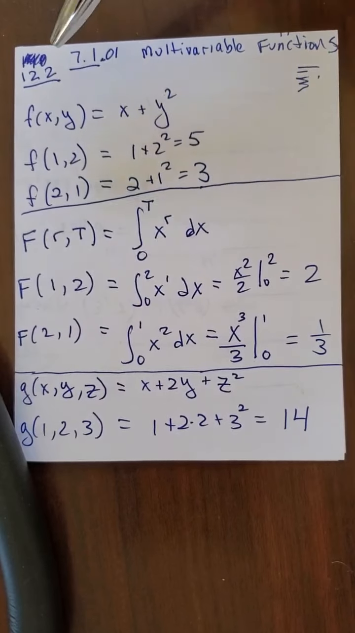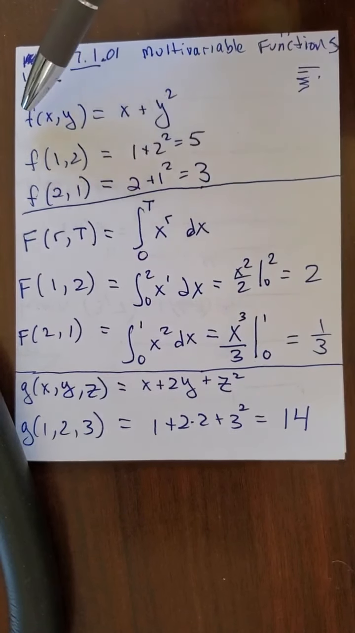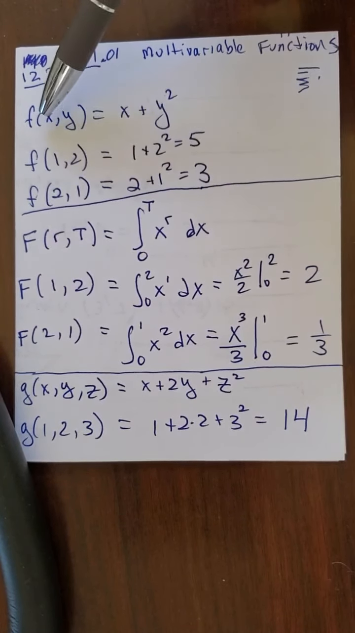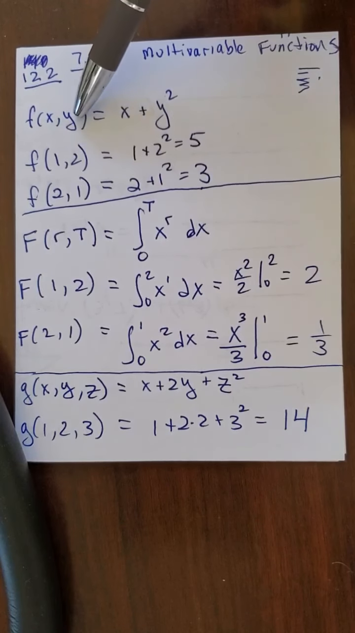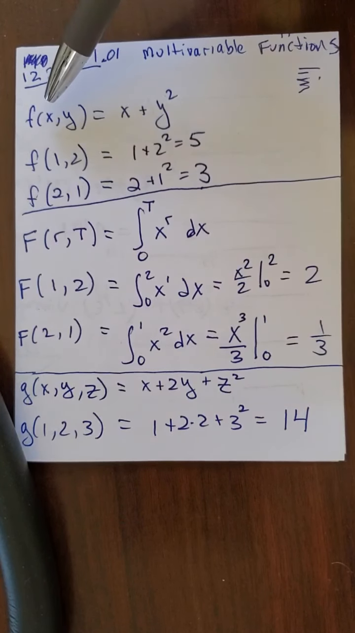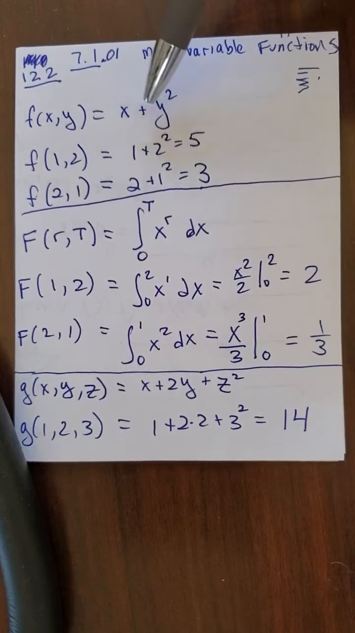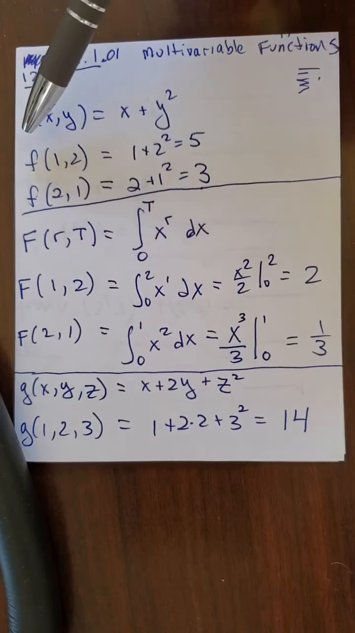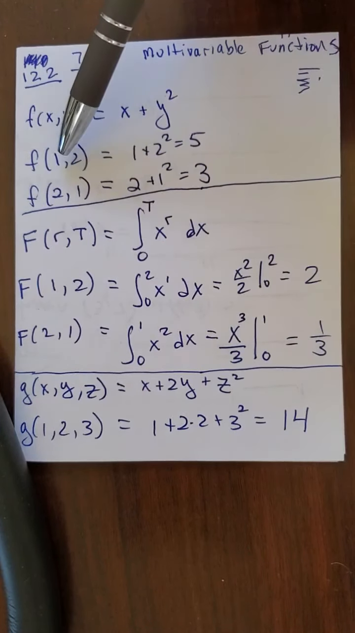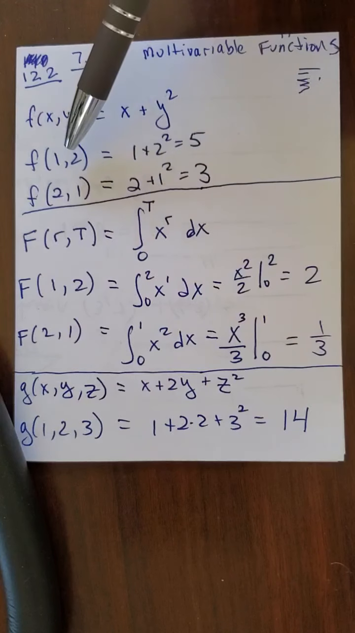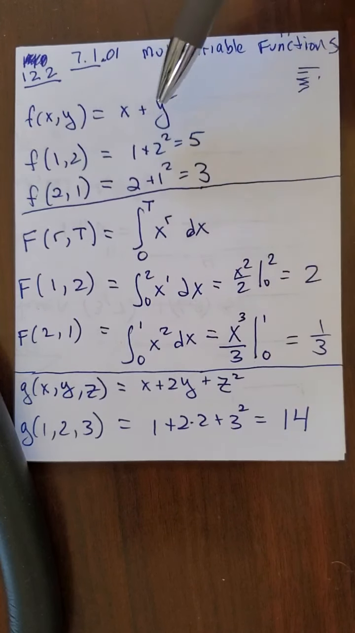Let's start with this top one. So f of x comma y, instead of writing f of x equals something, we write f of x comma y, because those are two variables. So in this function I just made up, f of x comma y is equal to x plus y squared. So let's say, for example, I put in f of 1 comma 2. I just take the first number, stick it right there, take the second number, square it, add the two together,